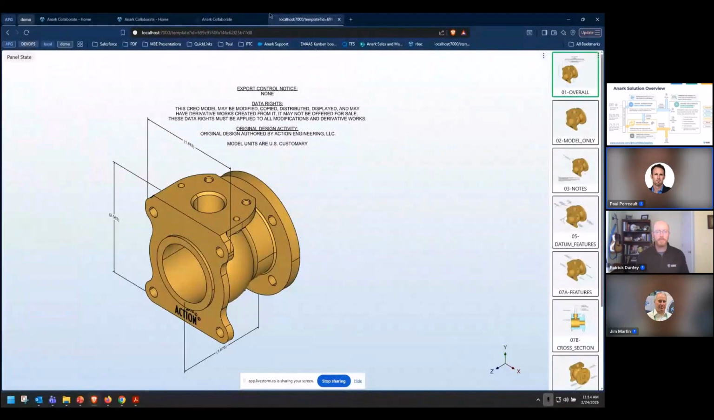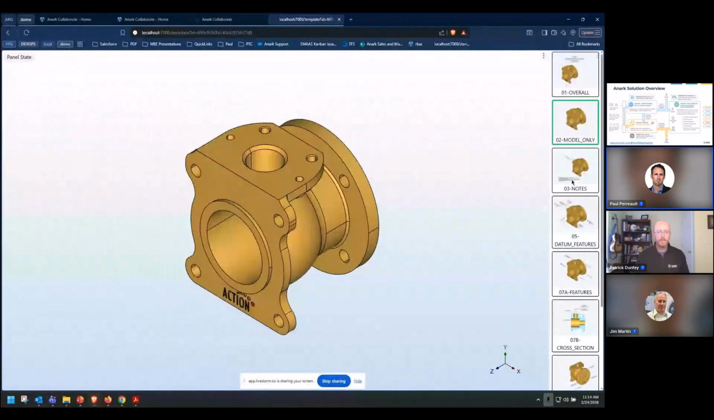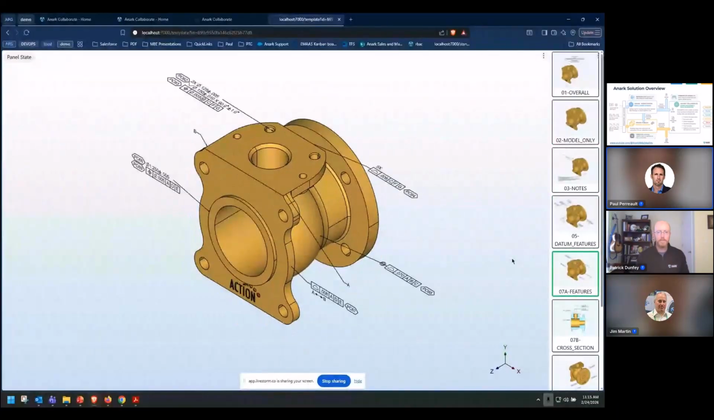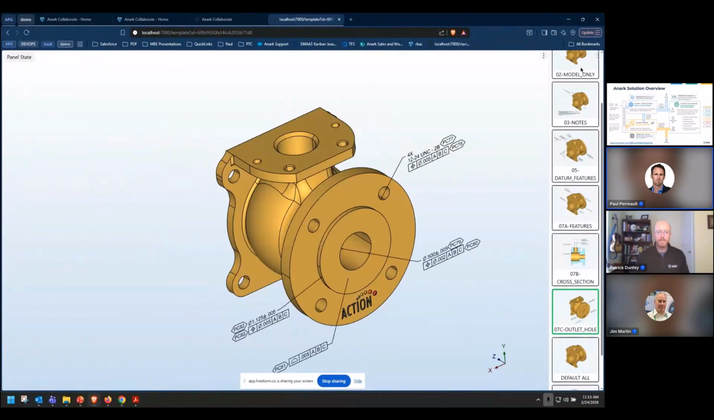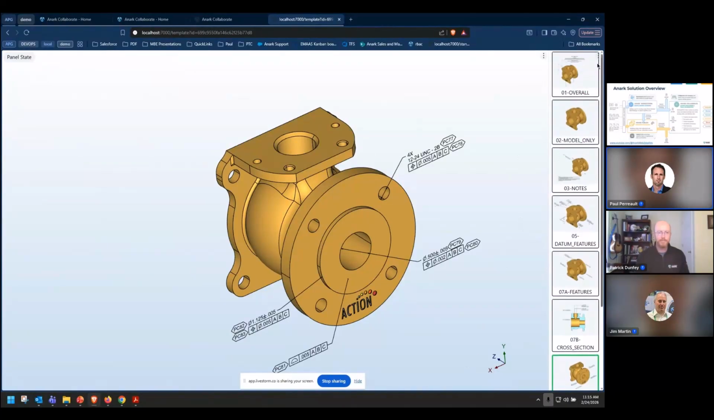What I just did is I changed to a new tab and opened up the ball valve part. And you can see here in this particular representation, I've got all of the views parked on the right side, enabling me to interrogate and navigate this set of views from Creo. But you notice that there's no user interface around this, nothing that indicates that it's living within the Anark